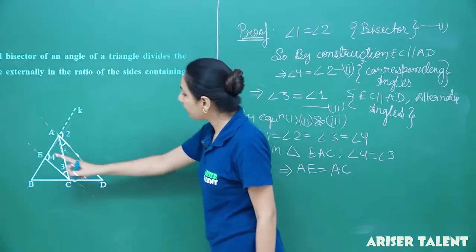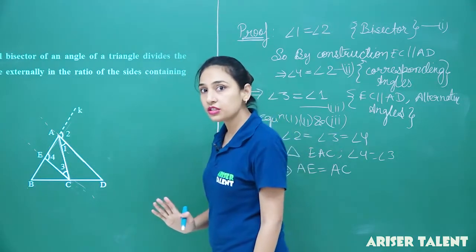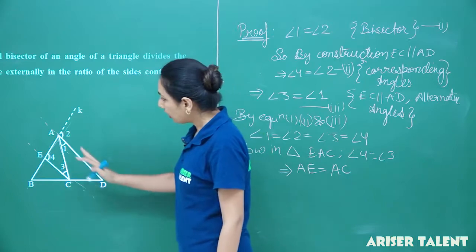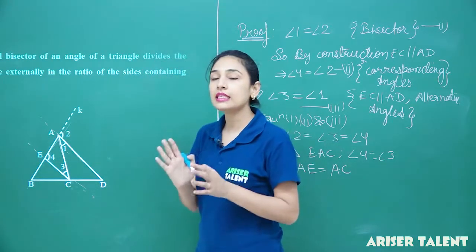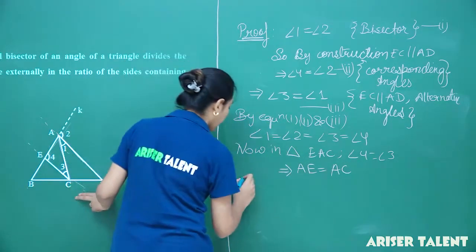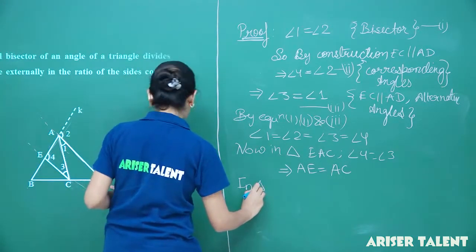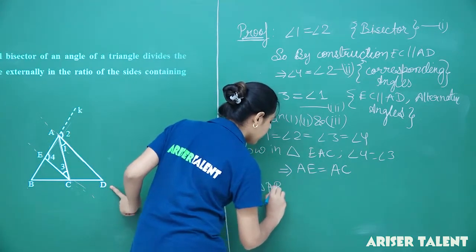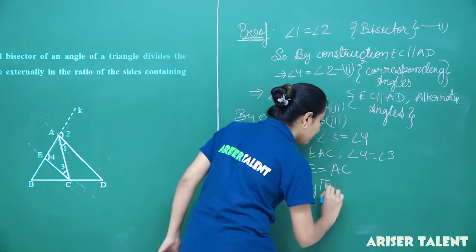Now, look at this bigger triangle ABD. In this triangle, we are having EC and ED parallel to each other. So, this is a triangle and this line is parallel to this line. So, we can easily apply Thales theorem in this triangle. So, in triangle ABD, by Thales theorem,